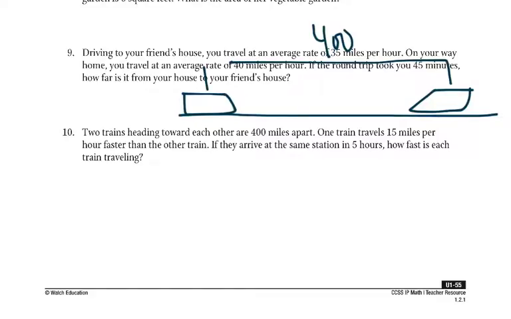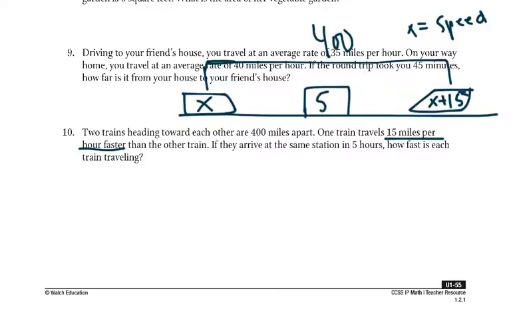So, we've got the station here. We've got this one traveling at x speed. That's what we don't know. Okay, so if that one's x, the other one is 15 miles per hour faster. This would be x plus 15. Okay, and we'll say x equals the speed of the train. So this 400 miles is going to take 5 hours, we're saying. So now we've got to connect this